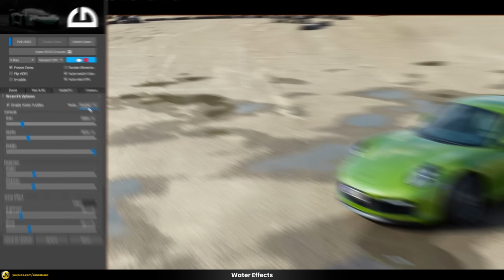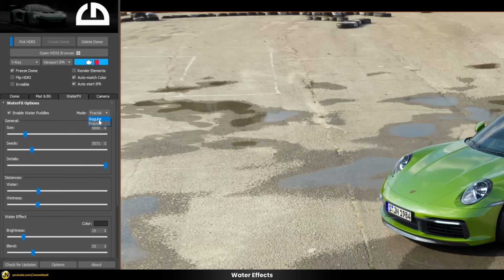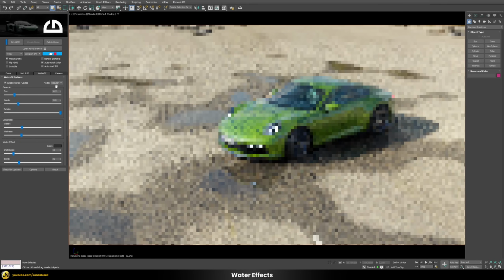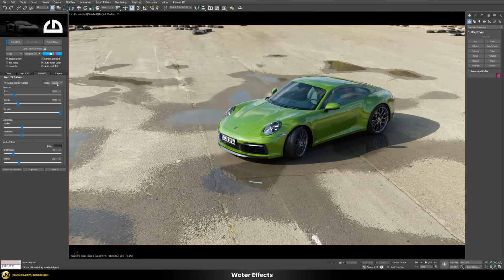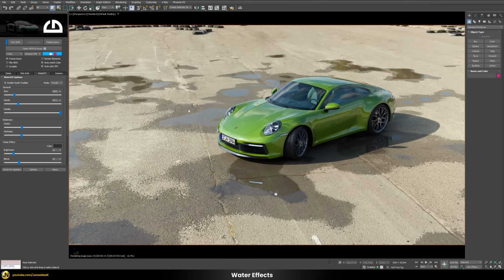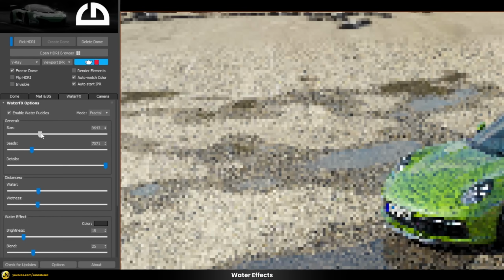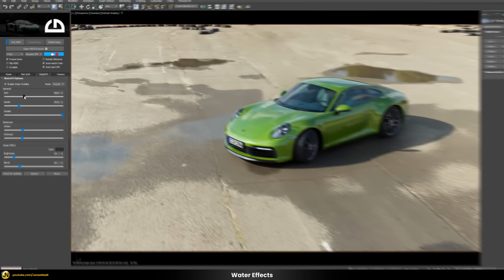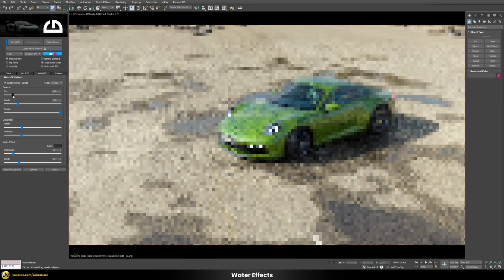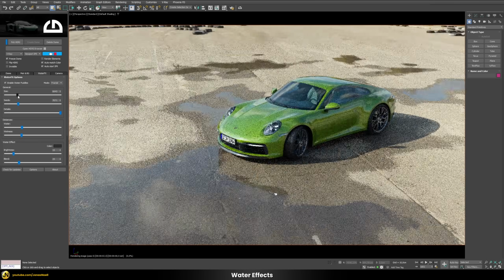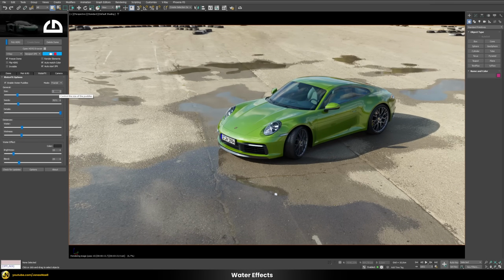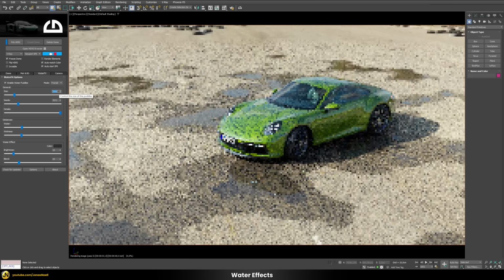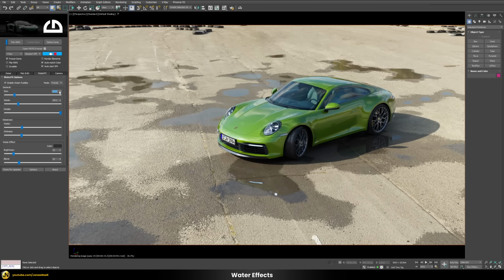First of all, we can choose between two different modes. We have currently fractal, and this one here is the regular mode. So you can see the shape changes slightly. Let's go back to the fractal again. And the fractal ones have a little bit more variation in terms of size or shape. We can also define the overall size here by just making this bigger or smaller. And you can find some value that matches your scene. Let me make this 5000 again, because I think like this, it roughly fits my scene